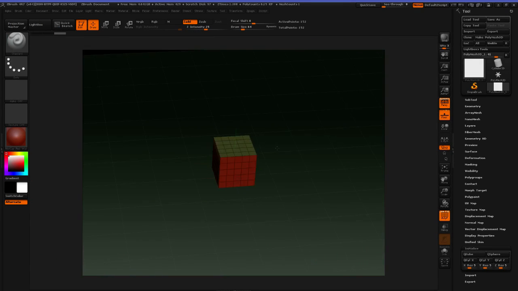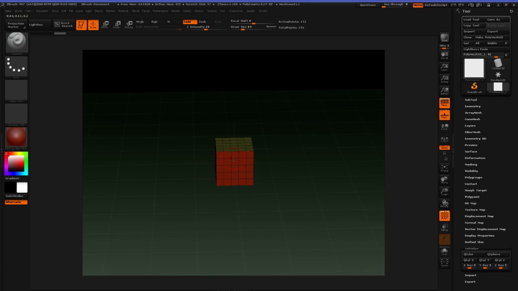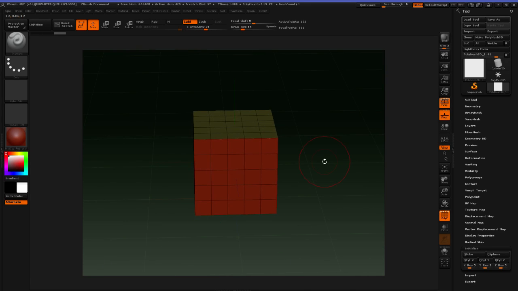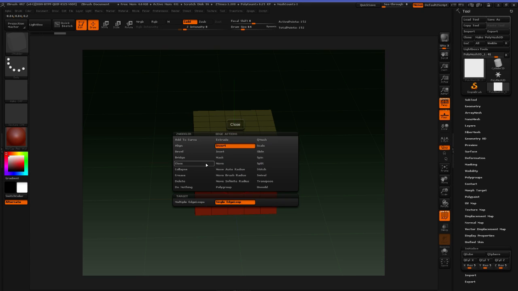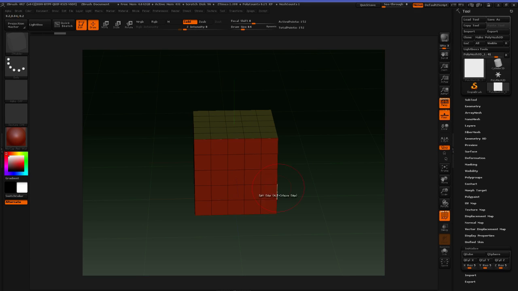Zmodeler brush selected, hover over an edge and press spacebar to open up the Zmodeler Edge Action menu. Locate the split action. With the split action selected, you'll have one target of edge. Returning to your model and simply clicking on an edge will apply the split action. The split action will generate a point in the middle of the edge you have selected and then generate corresponding topology around the edges. Using this process with a click and drag will allow you to slide the point along